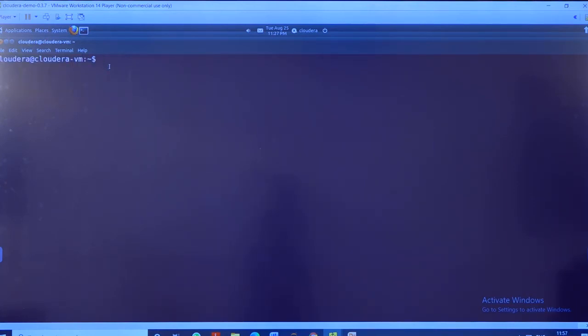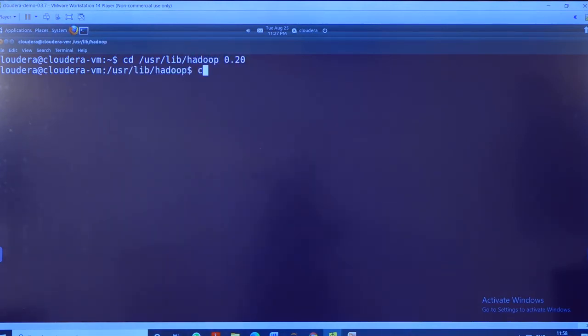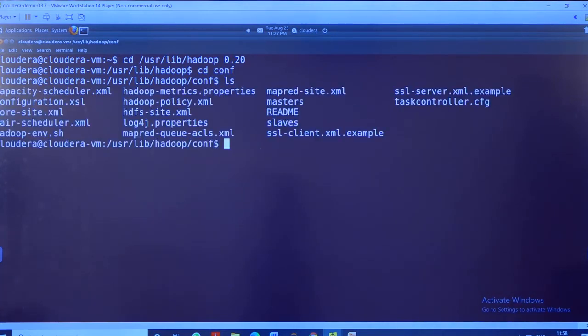I am giving the command here: cd, this is my root, my usr lib hadoop 0.20, cd conf. When I give ls, these are my configuration files.